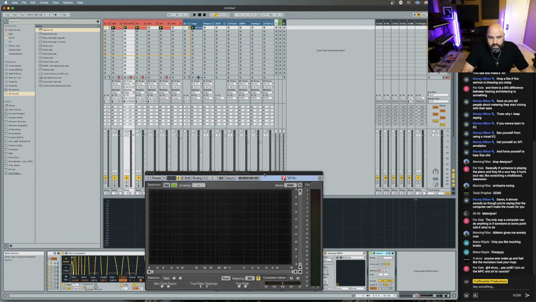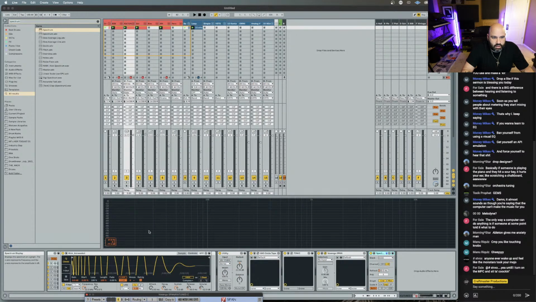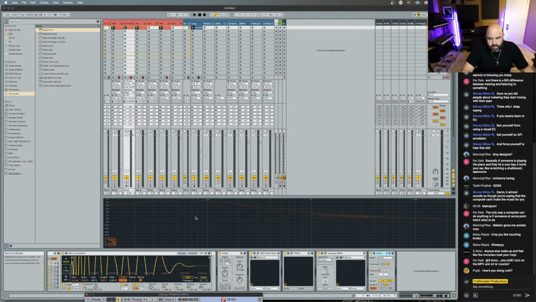You could press this and it'll expand it up and it'll read. Everywhere I drag my mouse on this frequency graph, on the bottom left, it'll give me a note, and it'll give me the hertz, right? So if I play this kick, the trick is, you look at Spectrum.